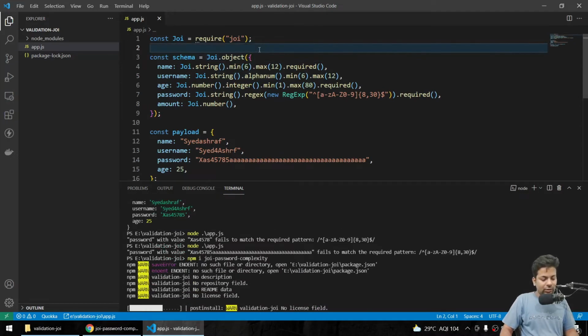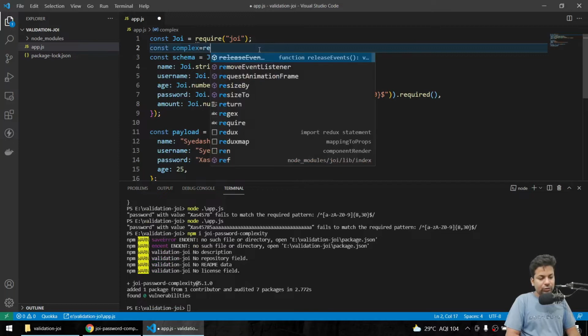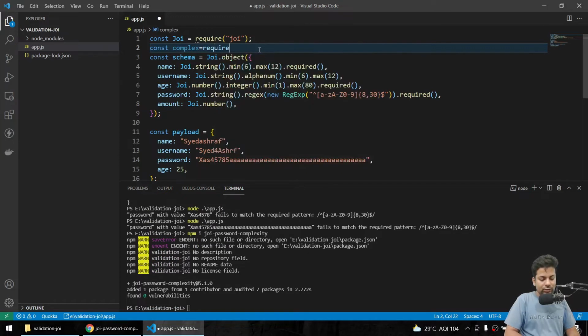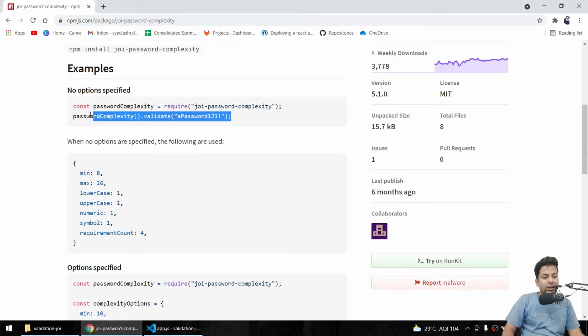Now we'll say const complex equals require joi-password-complexity, and we can come here and see we just have to say passwordComplexity dot validate and it will validate.